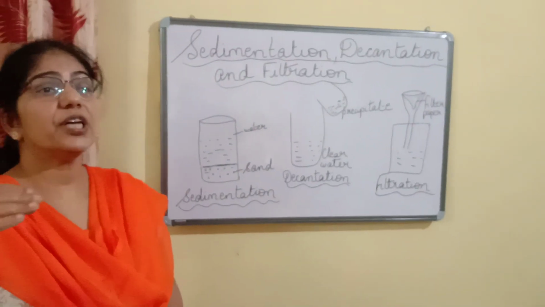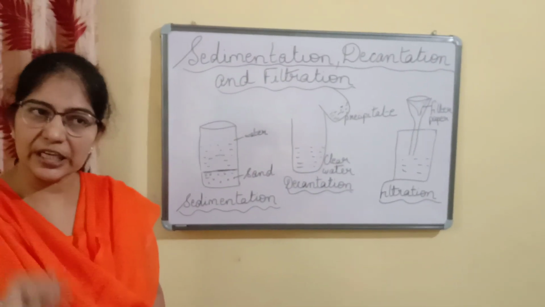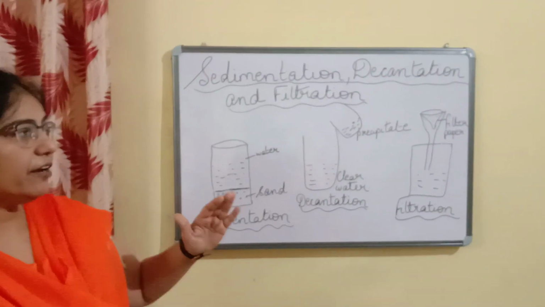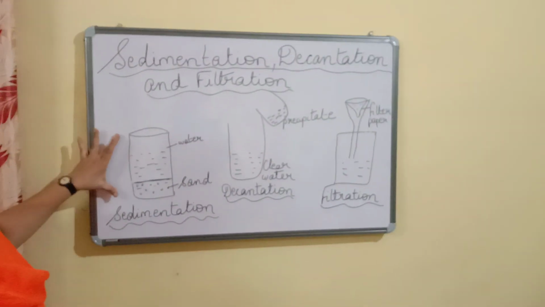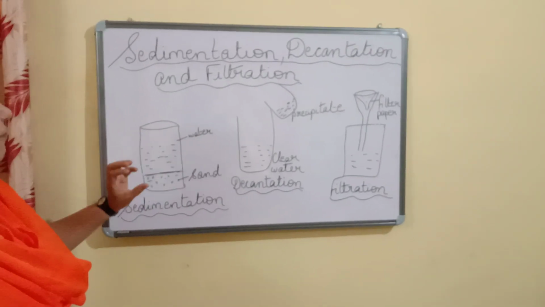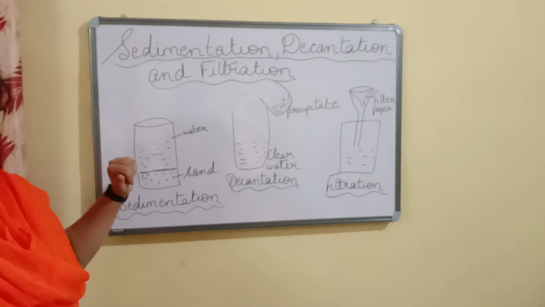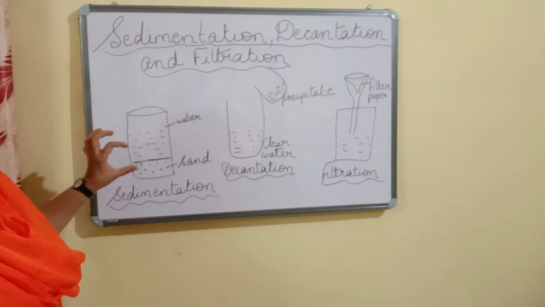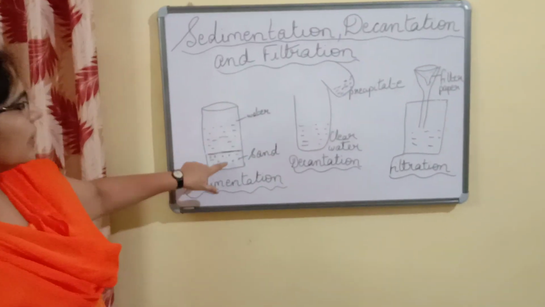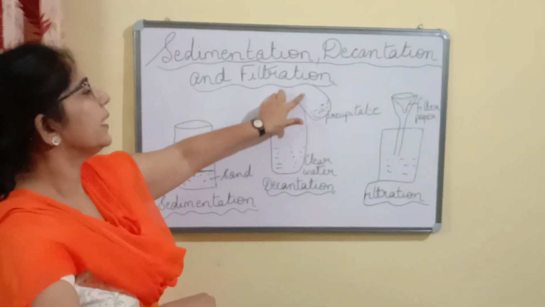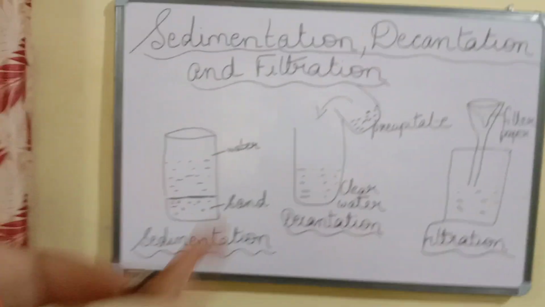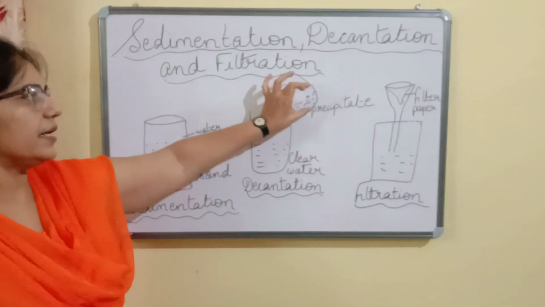Even after decantation and sedimentation, children, sometimes impurities are left in it. Then we do the method of filtration. In filtration, what happens, children? Here, children, there is a beaker which I will show to you also, but I will explain it to you. We have added sand to water. Then what happens? Sand being the heavier component, it settles at the bottom. Then without disturbing this sediment, we pour the clear liquid into this beaker, and this clear water is collected in the next beaker, and the sediment remains in the